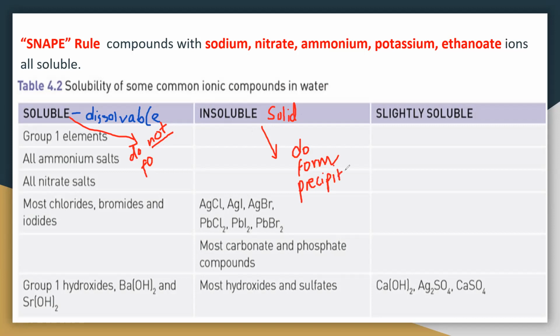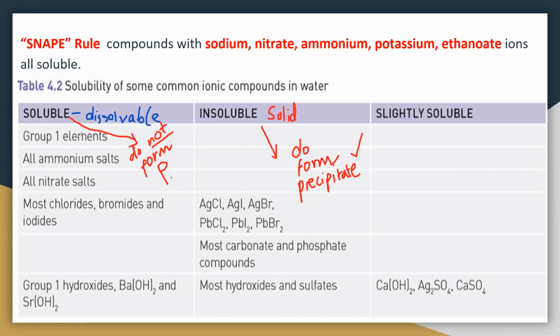So the most important thing for you guys to remember when you're reading this table is that everything in the first column here, the soluble column, is dissolvable in water. They do not form, I'm not going to write precipitate, I'm just going to write P, they do not form precipitates. The insoluble, the middle column there, they do form precipitates, okay? So we're talking about group 1 elements here. And remember that if you have a group 1 element and it's attached to a salt or to something, it's not going to form a